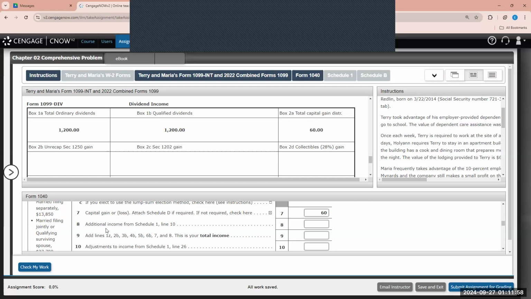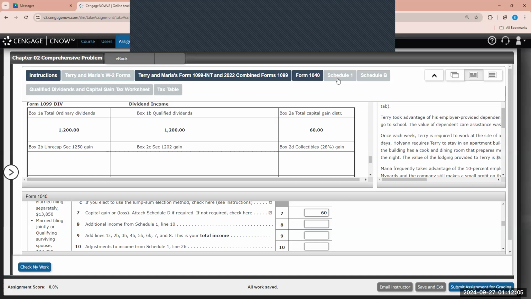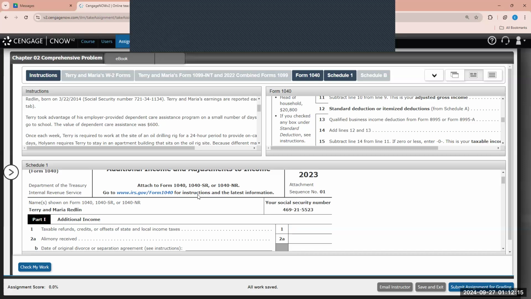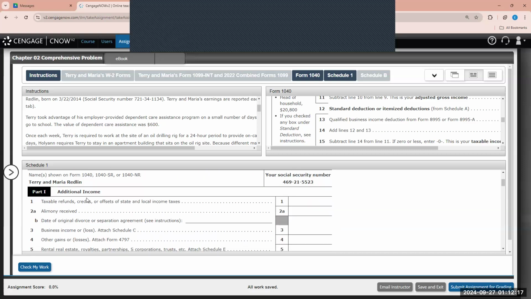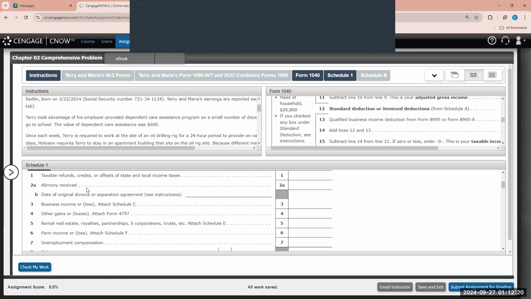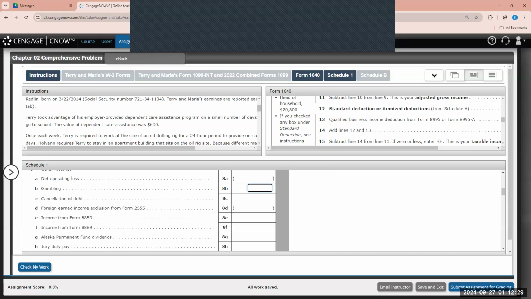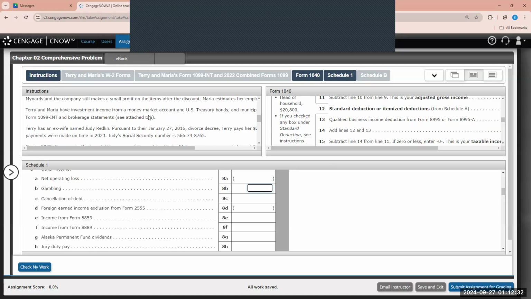Now we see for line 8, it's asking for the additional income from Schedule 1, line 10. So we go to our Schedule 1, and we're going to close this out. We go to our Schedule 1, and the Schedule 1 represents additional income and adjustments to income. So we see there's taxable refunds, alimony received, business income, other gains or losses, rental, royalties, partnerships, S corporations, trusts, etc. So we know based on the fact pattern